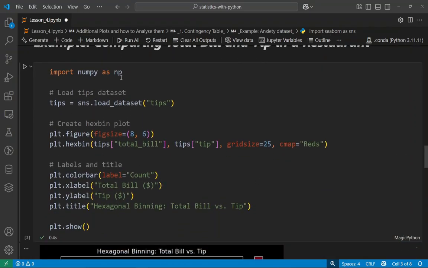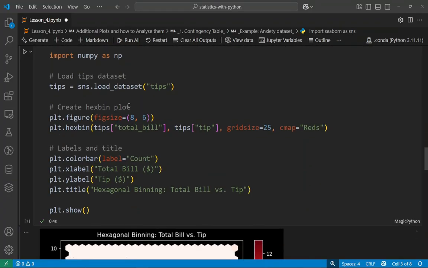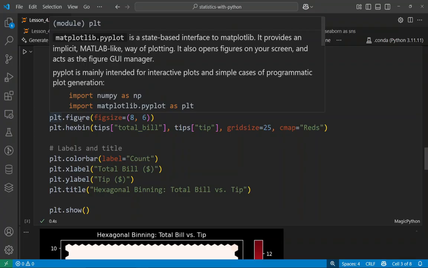We are going to import the NumPy library, and I'm using a default dataset that is in the Seaborn library. So I'm using sns.load_dataset and provide it the string "tips". This will load a default dataset that is already in the library and we will use it. You can also download your own data for this, but I would like to use this one for this example.